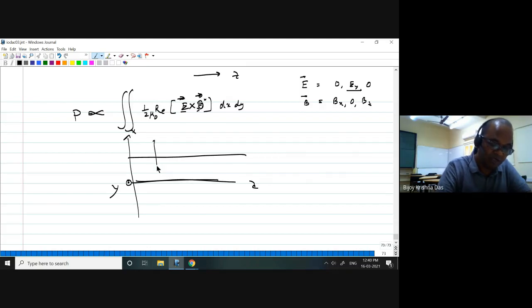When I am sketching this field here like this, that is the magnitude, the strength. Suppose here at this point at the center, I have a field strength of some 5 volt per meter. That 5 volt per meter is the strength. That value I am showing as 5 volt per meter as E naught.